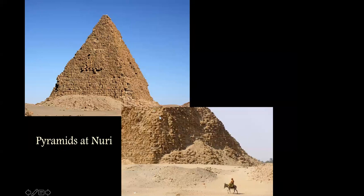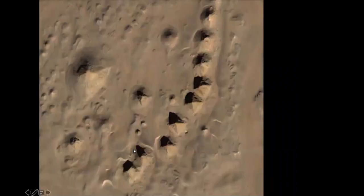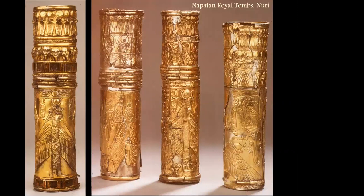And you can also see, like the northern pyramids, they have been heavily ransacked for stone, so there's chunks taken out of them. Here's an aerial view of them buried in sand. They become part of the landscape. But inside some of these pyramids are these amazing objects. This is at Nuri, one of the Napatan sites where the kings and queens were buried. And these again look like some kind of ritual stand, but this time with gold leaf covering. And very classic Kemetic iconography of Isis, winged, various other symbols going on, the uraeus,